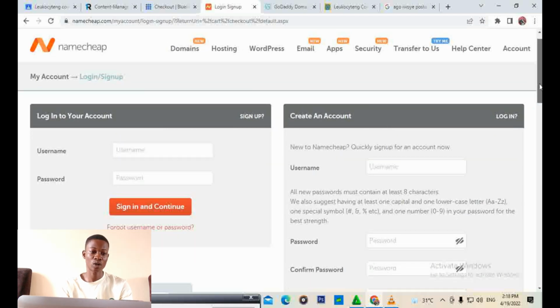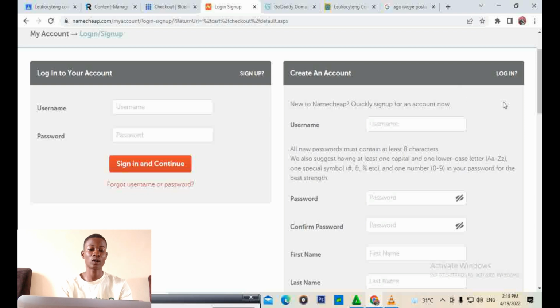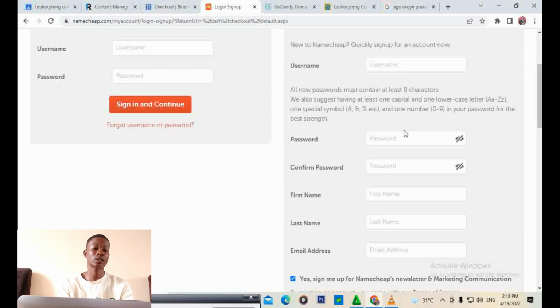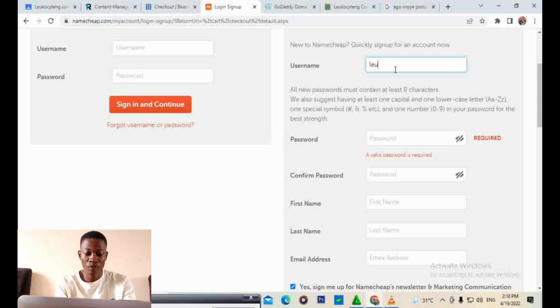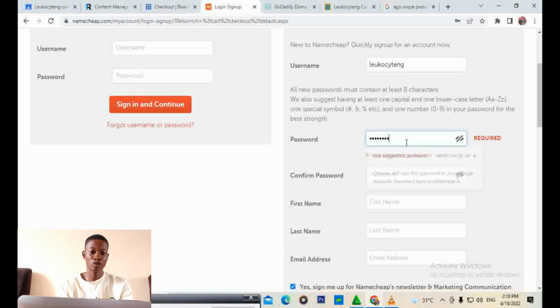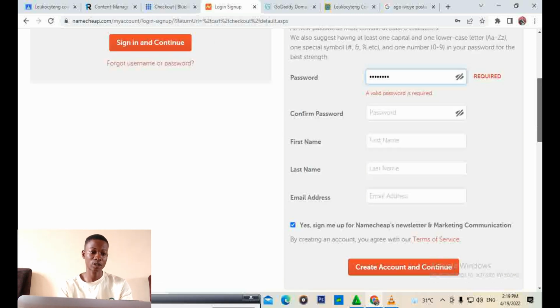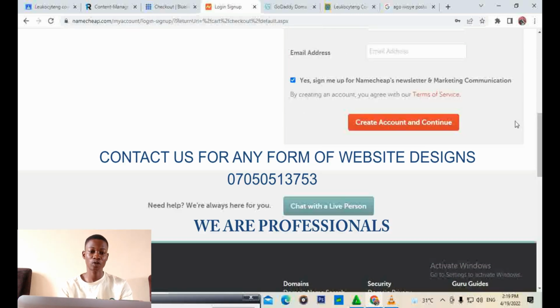Now they'll tell you to log in if you have an account, or you create an account. So you quickly create an account just like I did in the other place. Username, leukocyte 10, your password, something. I don't want the video to be too long, so just create an account and continue. That is simply how to buy your domain and your hosting.